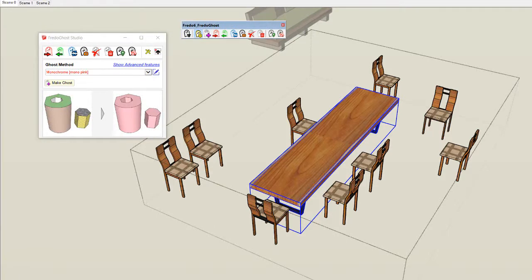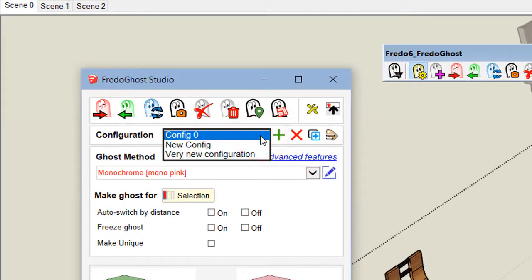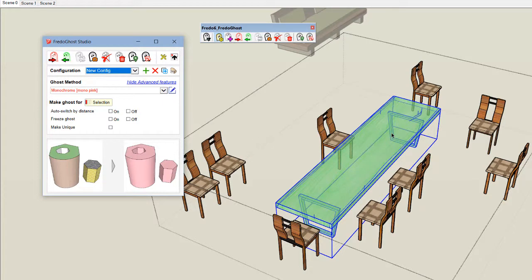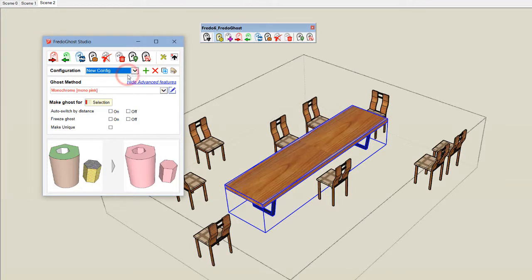Scene capture can be used in conjunction with ghost configurations. So I enable the show advanced features, and actually I have 3 configurations in my model. So this new configuration, for example, has the table ghosted in green. So now if I use scene 2 and I enable this new configuration